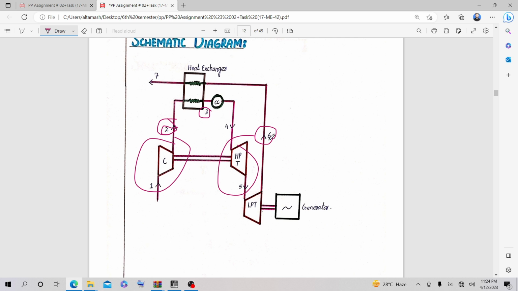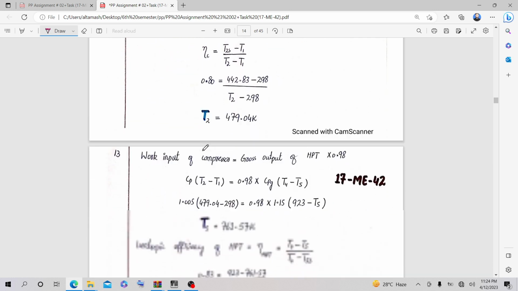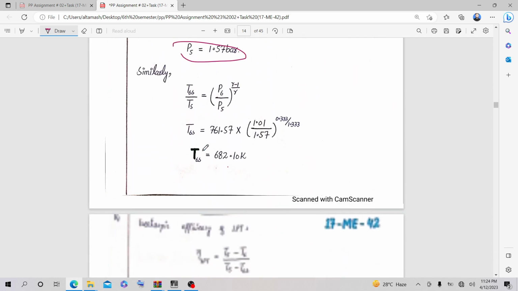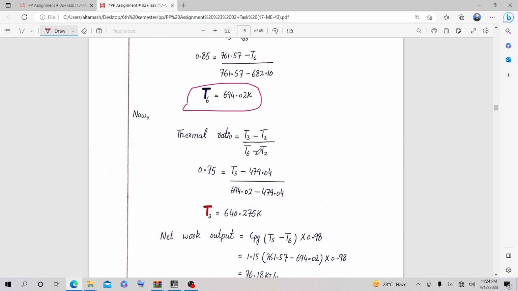And T6 and T1, T6 and T2, this is actually the ratio between, this is actually T6, that is the exit of the low pressure turbine. We have actually taken all the work and now we are going to use this heat in this process between 2 to 3. So let's come here. So T6 minus T2,